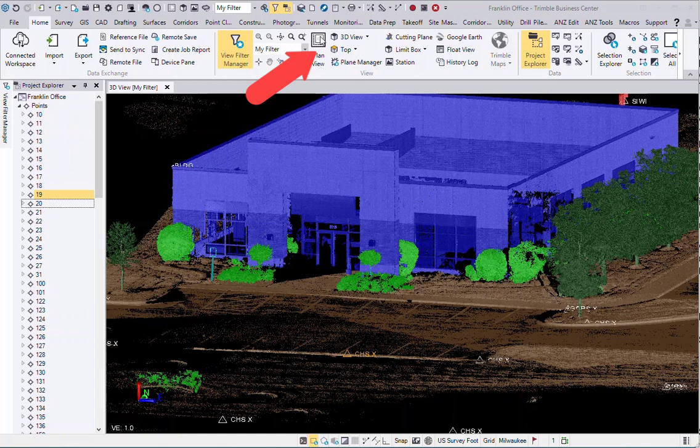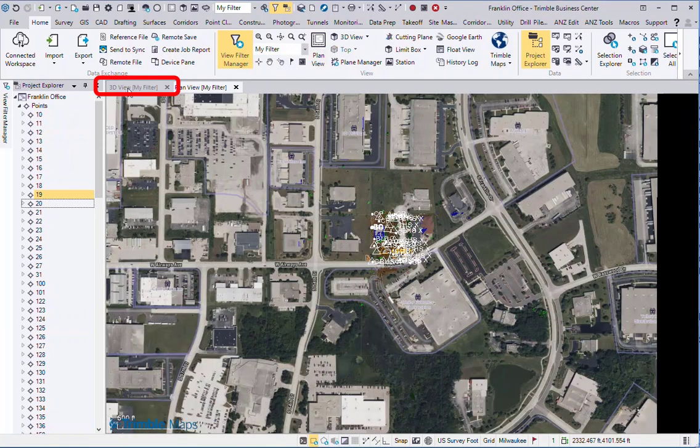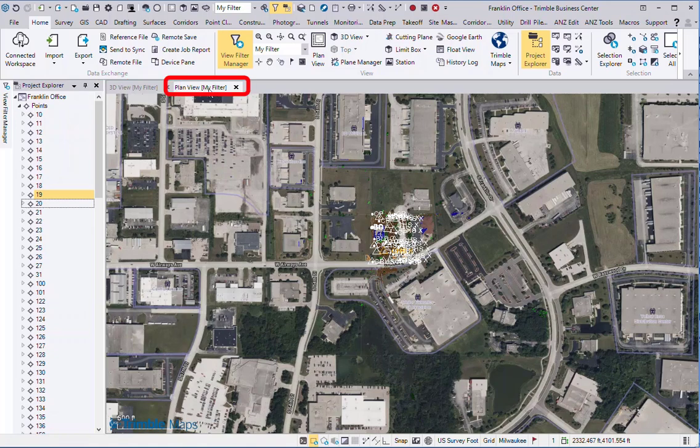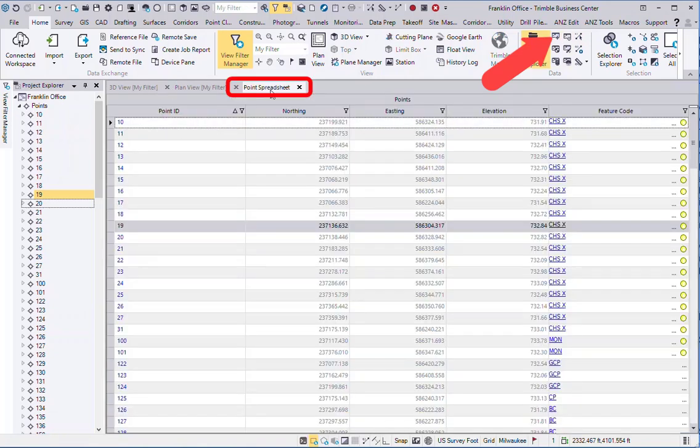If I bring up a plan view, it left the 3D view that we were working with and brought up a secondary plan view. Also on the home screen, you have all the spreadsheets. You have a point spreadsheet, occupation, optical, photo, vector, and feature spreadsheet. So if I bring up a point spreadsheet, again, it added a third tab to my graphics area on the